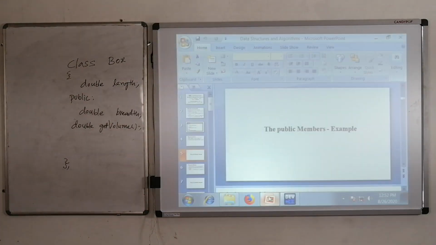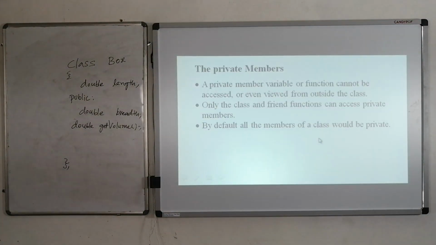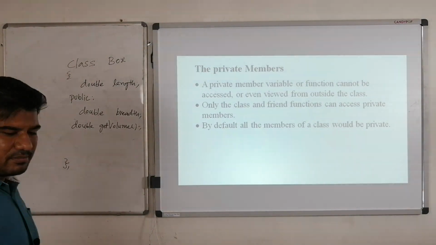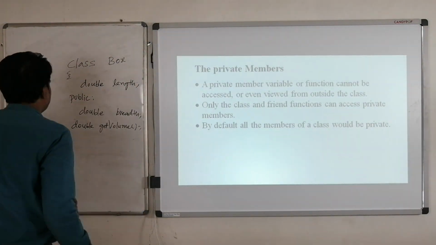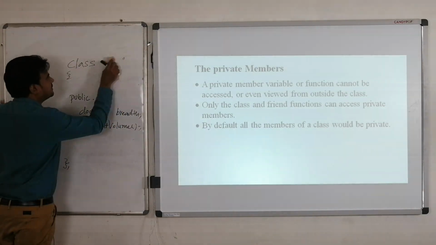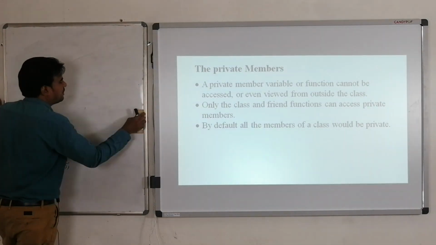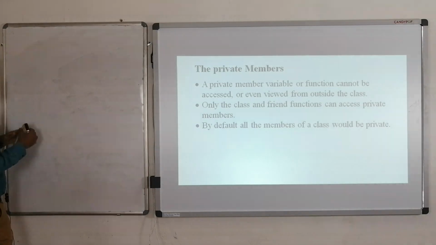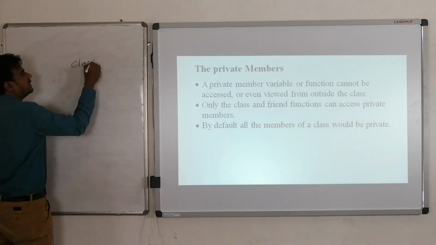So now what will happen if my data member is private? Private means no access, zero access outside of the class. You cannot access those data members outside of the class. So what we have to do for that? In order to access my private data members, I have to use public methods, that you have to remember. Outside of the class, if you want to access your private members, you have to use the public methods. In that way, we are providing security to our data members.